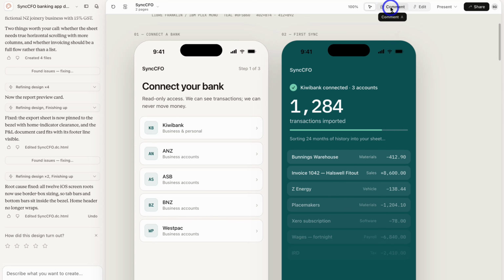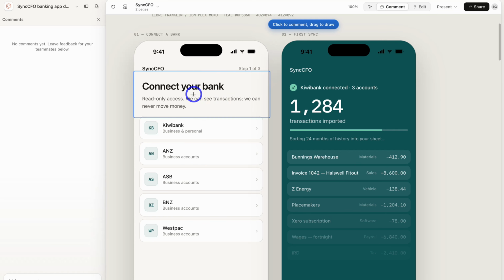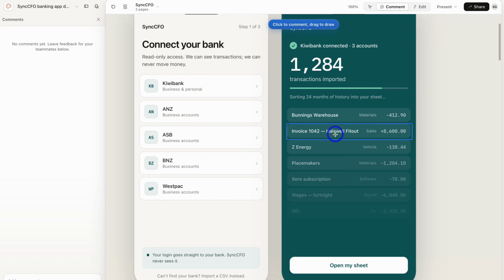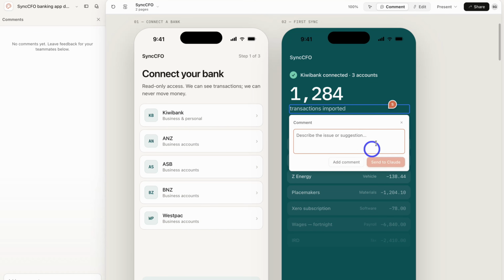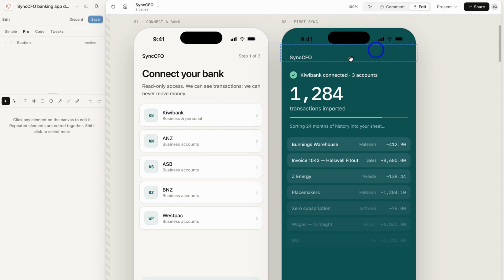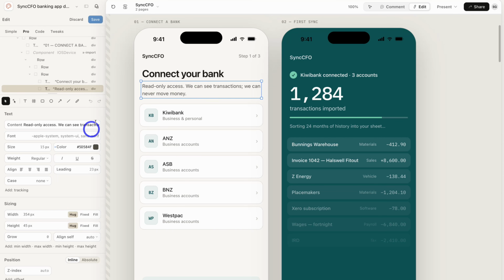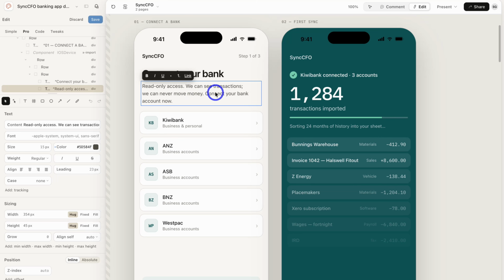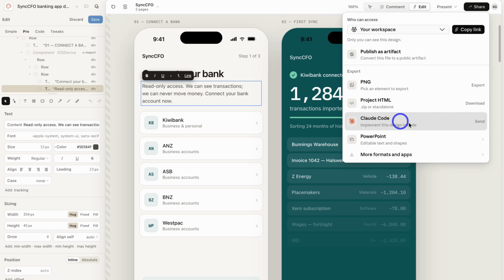Again, if we want to make changes, we can simply select an element or a section on our different interfaces, and then chat with AI to make those changes. We can also click on edit and make changes to the different elements, either with the editor on the left-hand side or on the design itself. Pretty impressive, huh? Again, as I mentioned, you can present in full screen, new tab in this tab, and when you're happy with your designs, you can share to a place like Claude Code